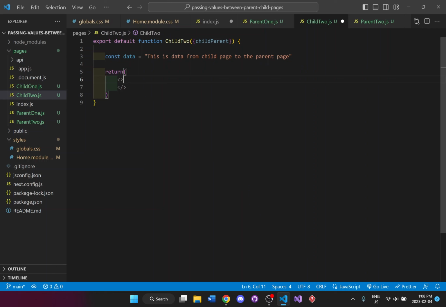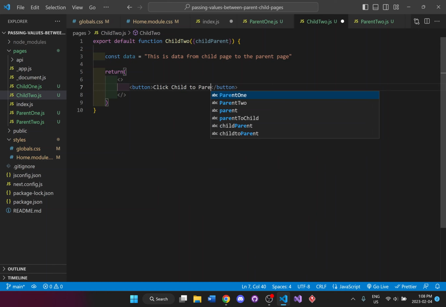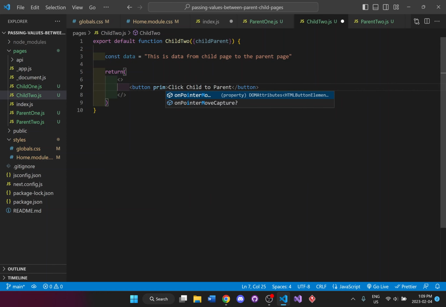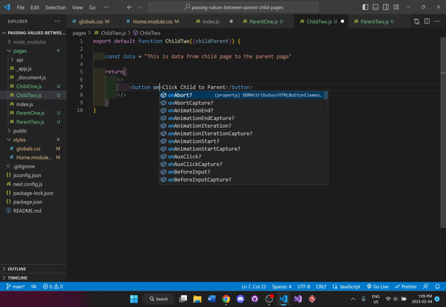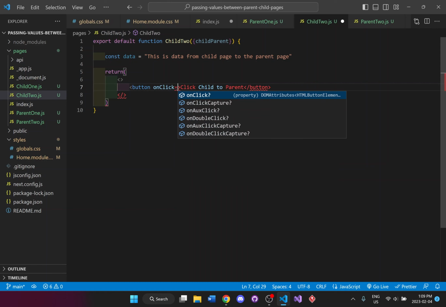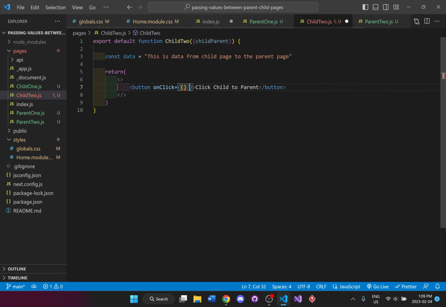And I'll be putting a button. And based on this button click, I'll say on click, child to parent.